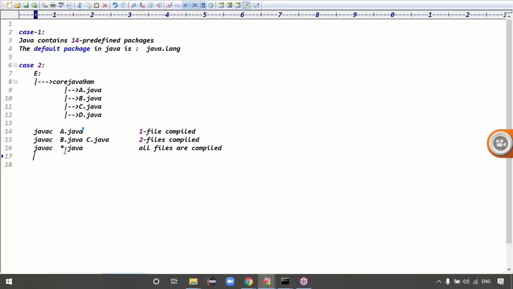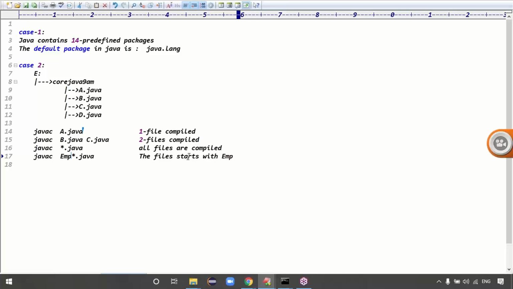Exactly. So the next one is javac emp*.java. What is the meaning of emp*.java? Here emp*.java means the files with the prefix emp, otherwise simply you can say files that start with emp.